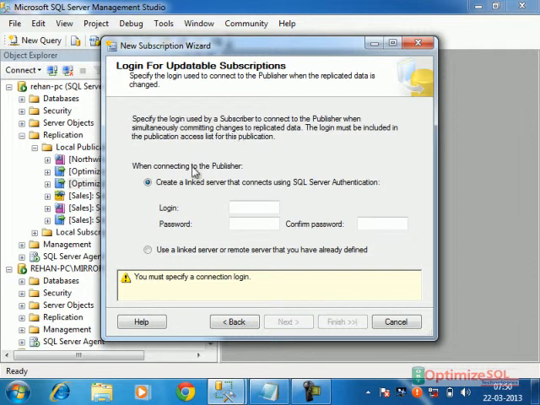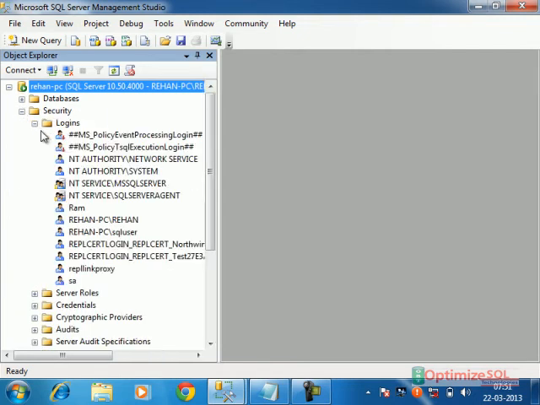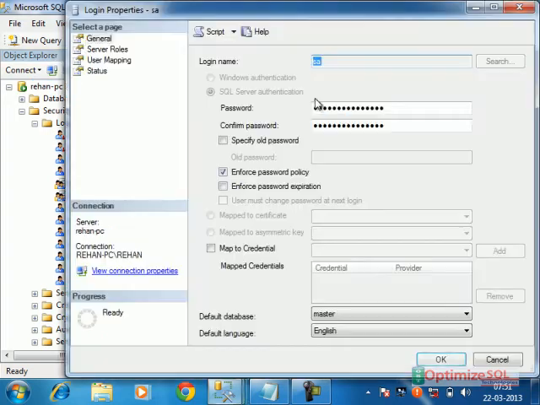Meaning we need one login, or we have to create a linked server in the subscriber, which is linking to the publisher. Or we need one login of the publisher through which my subscriber will connect to the publisher to update the changes. Observe, we need one login. I will go to the publisher, security, logins. I will take this SA login.